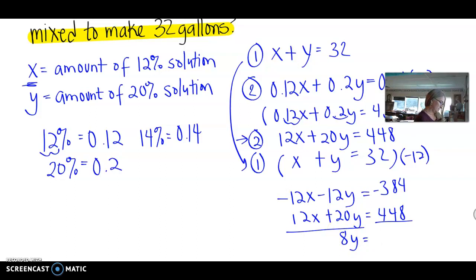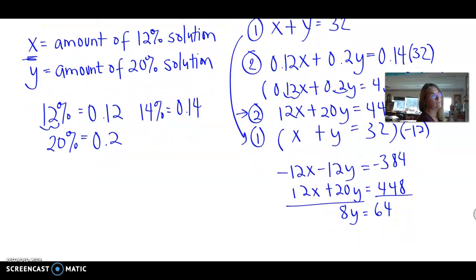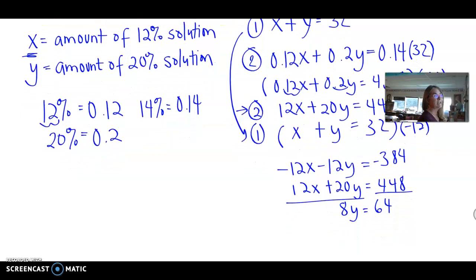And you have 64 over here, a negative 384 plus 448. Divide by 8, and I get y is 8 gallons. So I'm going to add 8 gallons of the 20% solution,